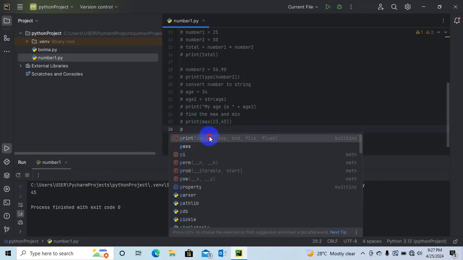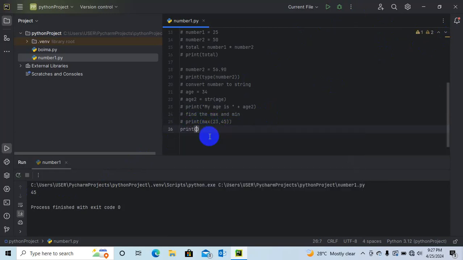We use bin, then the number, let's say 34. We want to find the binary number for 34. So we'll do this, and you see, this is the binary number for 34. So Python is very, very powerful.